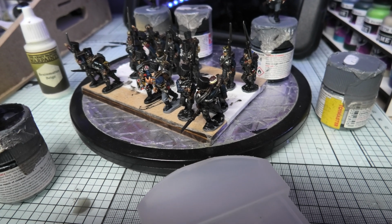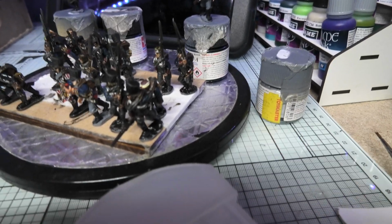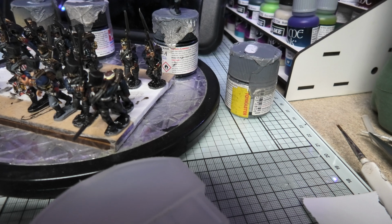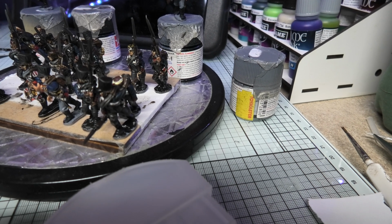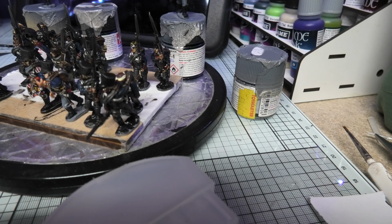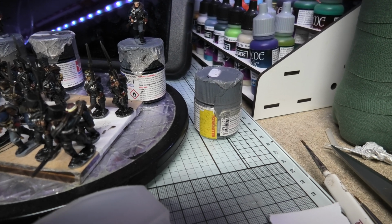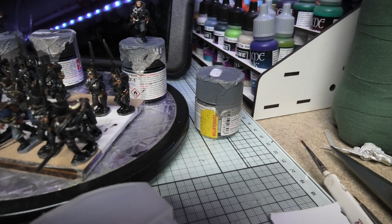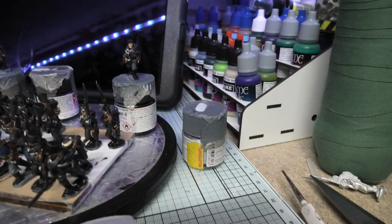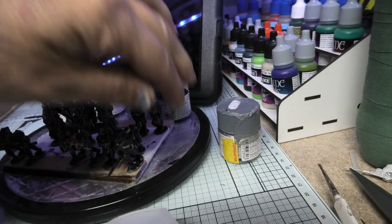But before I go on, I'll just show you a few Calpe miniatures I've done of Prussians. Now, if I've done these wrong, put any recommendations in the comments box at the end. This is what this is all about, as far as I'm concerned. It's about learning, talking to the community, and taking it from there, and not only getting a better painter, but just talking with that network of people out there,